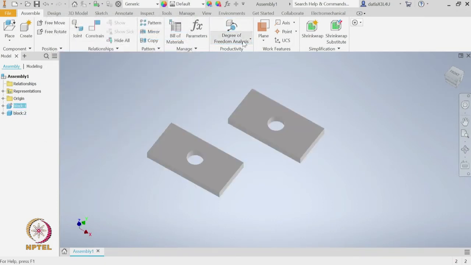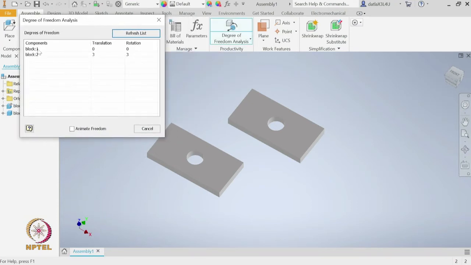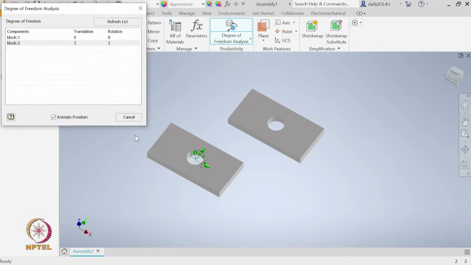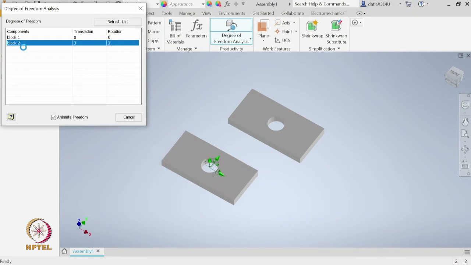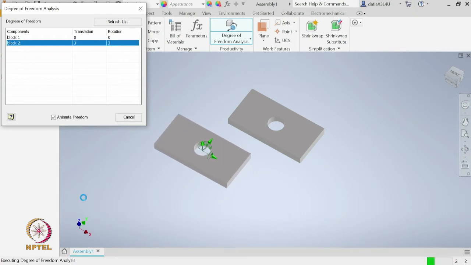We can also check what are those degrees of freedom if you go to this analysis again, select block 2 and say animate degrees of freedom. So, it is now showing it can translate in x, y and z and then rotate in x, y and z.